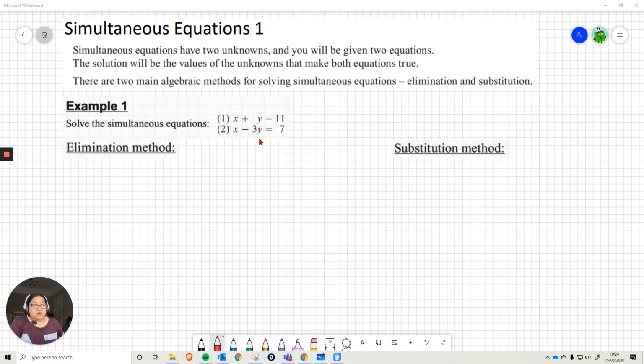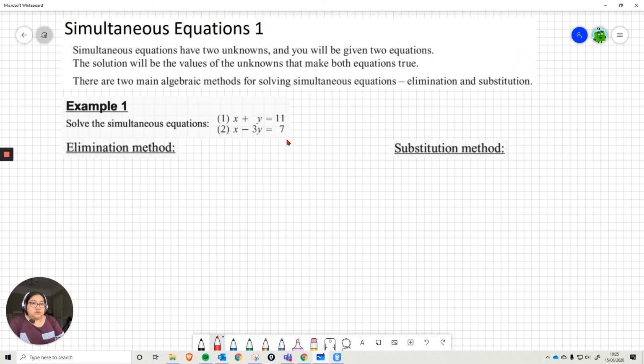Now, there are two methods that we could use here. One called the elimination method, and the second called the substitution method. Both are very useful for different types of simultaneous equations, and I'm going to show you both with this particular example and then talk to you about which one I would prefer depending on the equation. So if we look at the elimination method first,